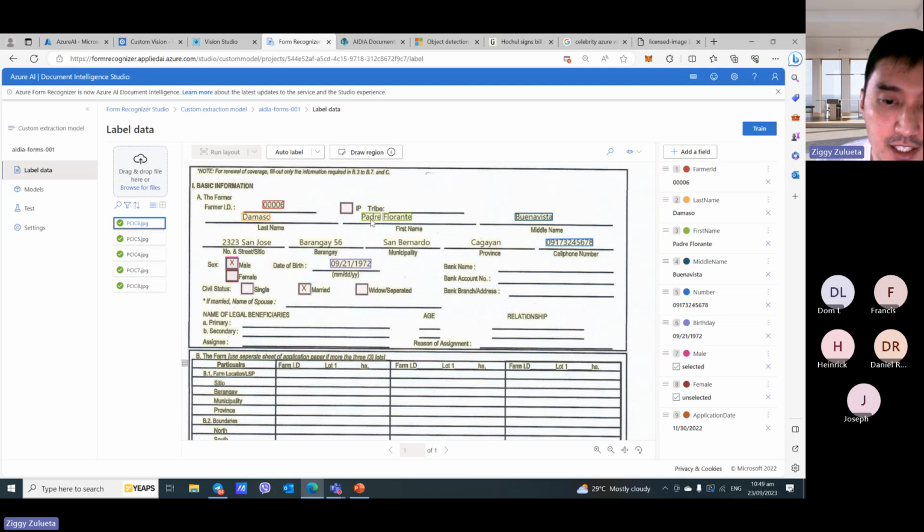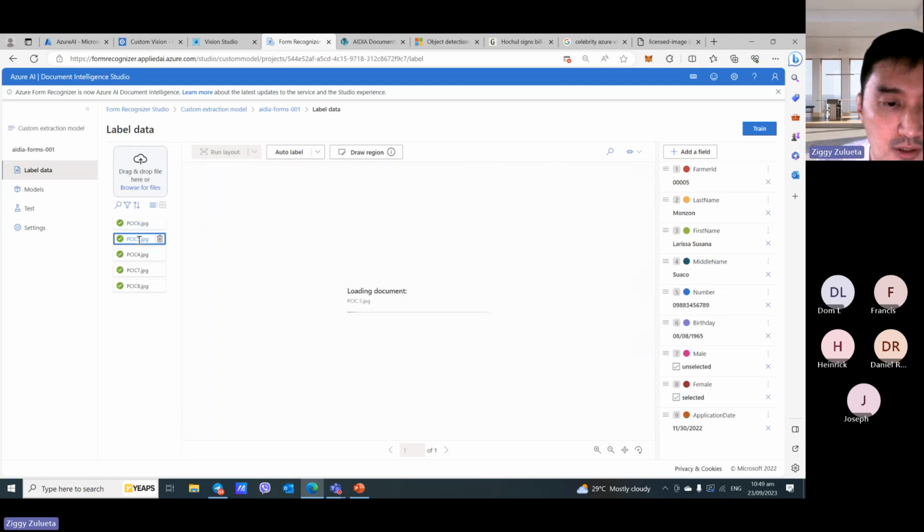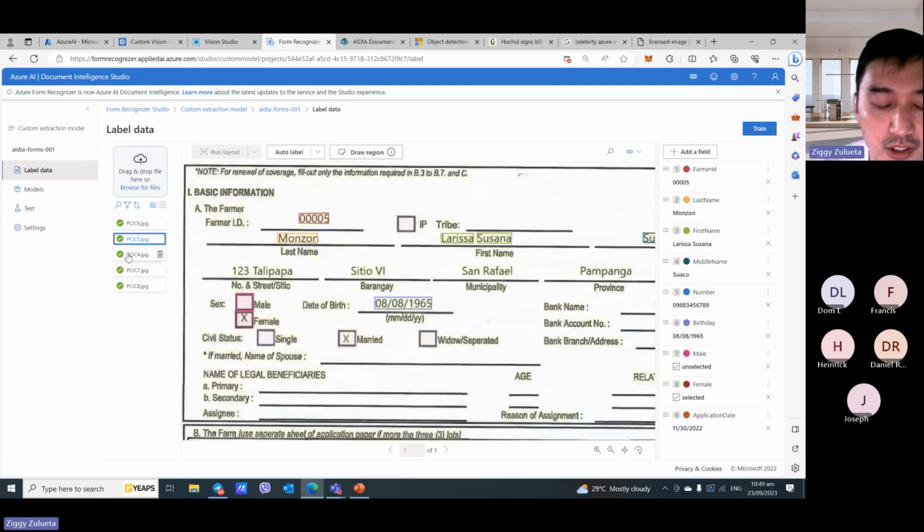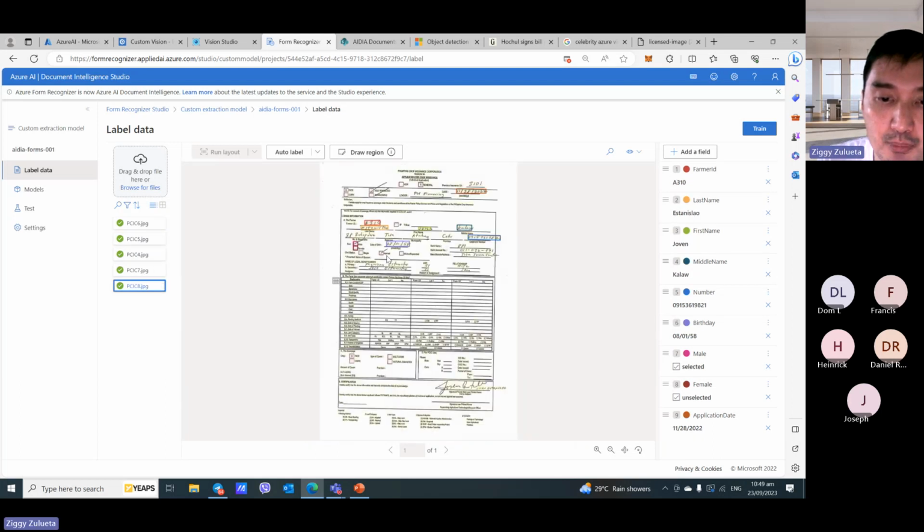I want to get the last name, the first name, the middle name, the cell phone number, the date of birth, and the sex. So this is another example of a form that is typewritten. You need to have at least five forms to train it. No? So I even have an example here of